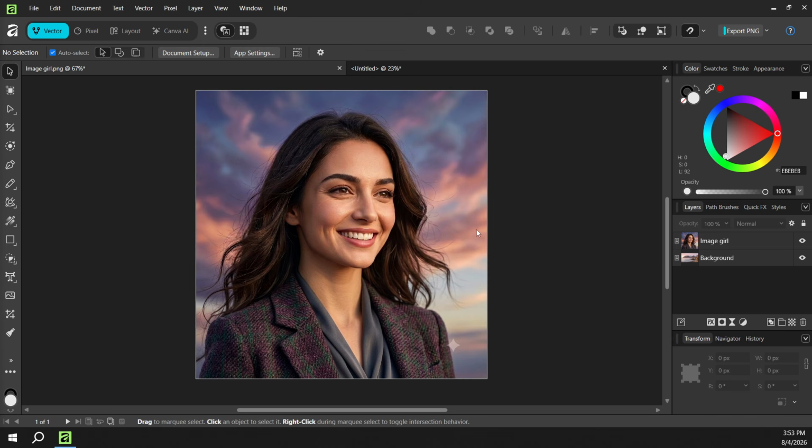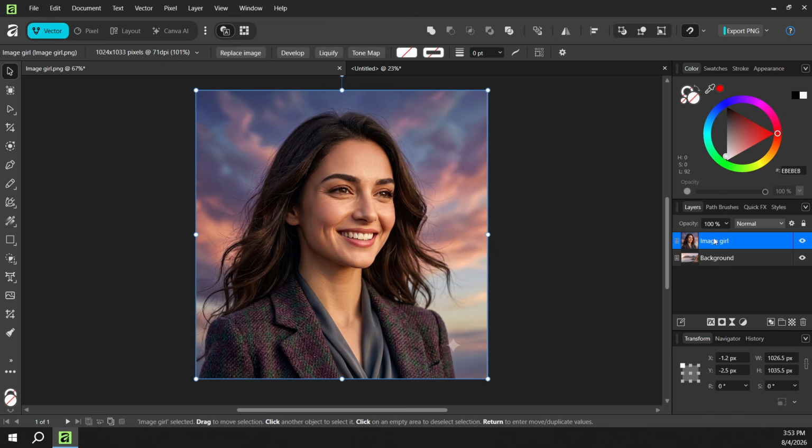First, go to Affinity Photo and make sure you're in the main editing workspace. If you've just launched the app, give it a moment to load your tools and panels so everything is responsive before you start making changes. Next, make sure your image is open and active on the canvas. If you have multiple documents open, click the tab of the photo you want to edit. It helps to set your zoom near 100% so you can judge contrast and color accurately, especially in skin tones,